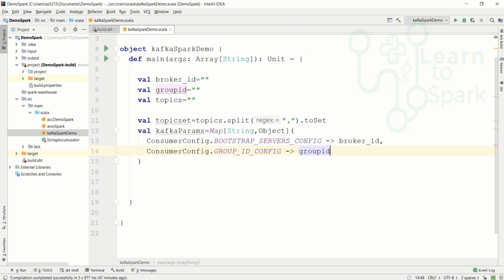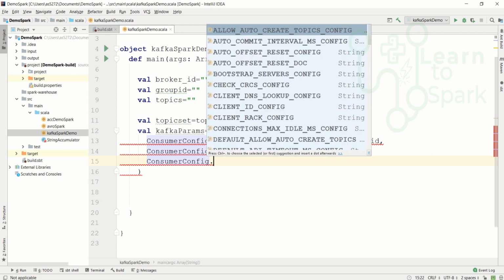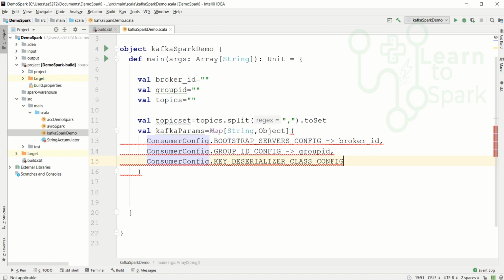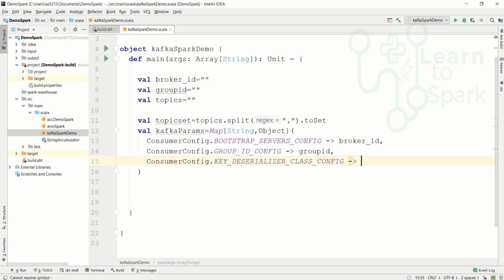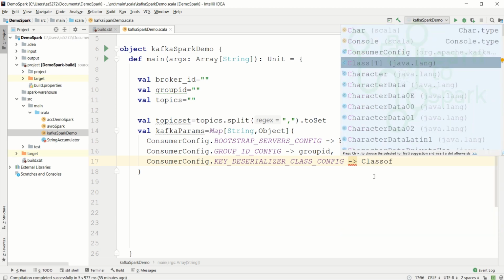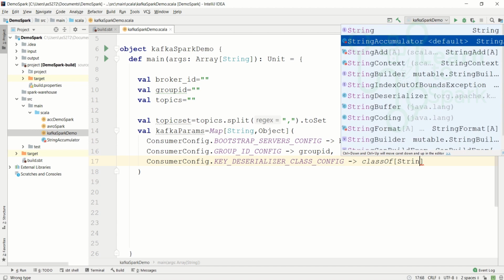The third parameter will be ConsumerConfig dot, where we have to set our key deserialization class, and that will be classOf, yes, it is small c, and it will be StringDeserializer.